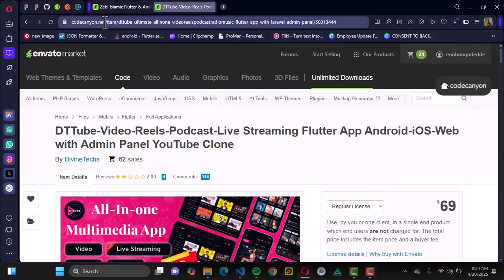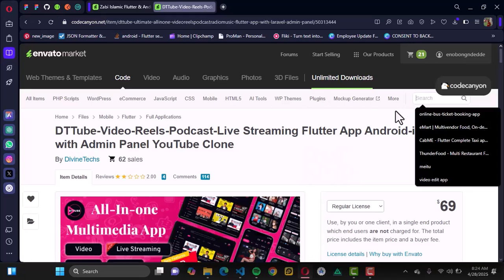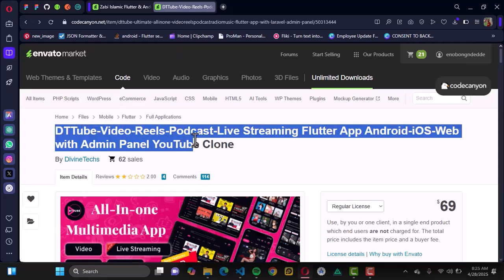So you just want to go ahead and open your browser as your first step and search for codecanyon.net just the way it is. You're going to be redirected to this site, and once you're redirected, you can search for any Flutter script that you want to go ahead and purchase. Okay, so for today's tutorial we're going to be purchasing this DTTube video reels podcast live